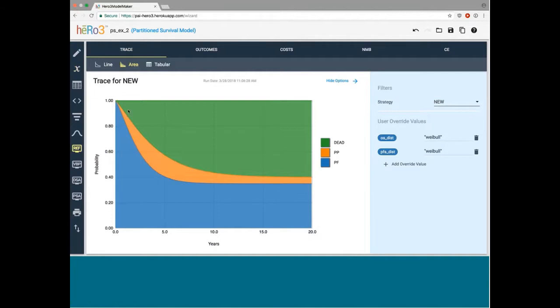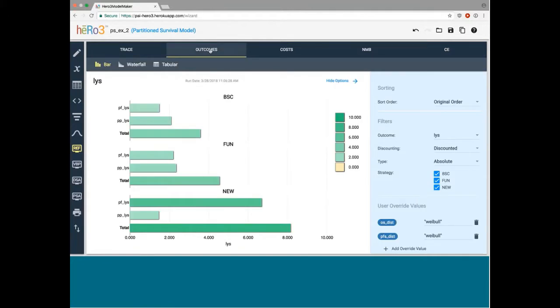Now, if we wanted to, we could spend a little bit of extra time and define some Kaplan-Meier data for this and join these cure functions to it. But the point here is that very quickly we can define a totally different modeling approach for another strategy. And even if it's using something relatively advanced like a mixture cure model, it really takes no time at all to put together. And we're ready to look at the various costs and outcomes for our model.